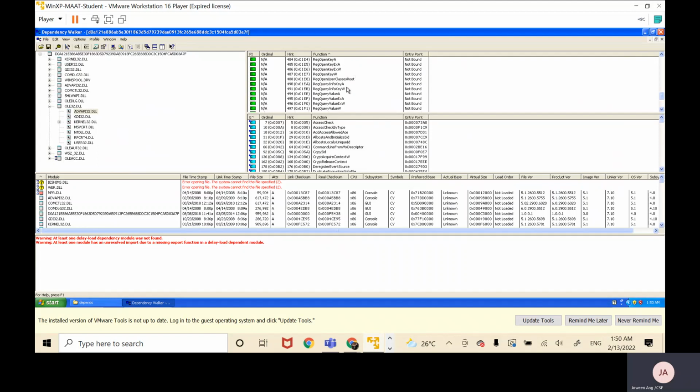As seen, it has also imported many registry-related functions. And now we need to take note of this particular function called SetThreadToken, which is likely to be used by the malware to assign and impersonate the token to a thread. Furthermore, it can be seen that it also imports the set security descriptor